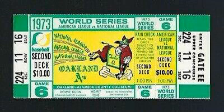3-1 the score. Top of the 9th inning, 2 out, Met on. Harrelson on deck just in case. Kranepool stepped in. And now the Oakland bullpen begins